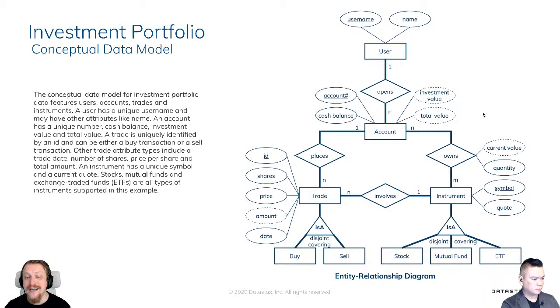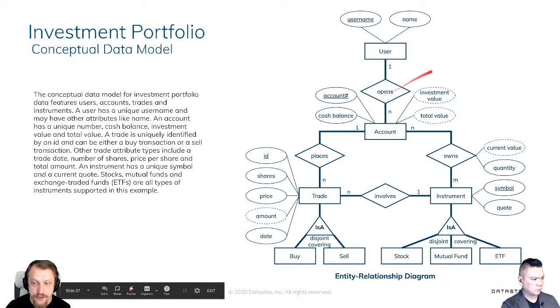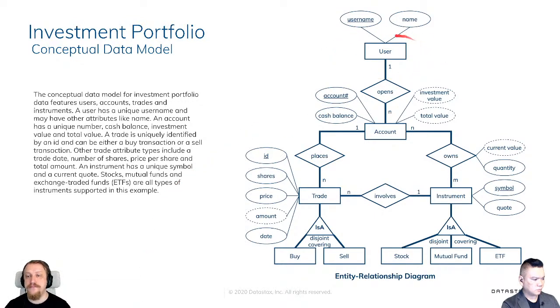Okay, so let's take a look at the conceptual data model we have on the right. Don't be afraid, we will walk through it step by step. The main four entities we have to cover are, I will need my pointer, first the user. Every user has a username and name. Username to log in, name just as a name. The user opens an account, the second entity. One user may open multiple accounts, but one account may have only one opener, only one owner.